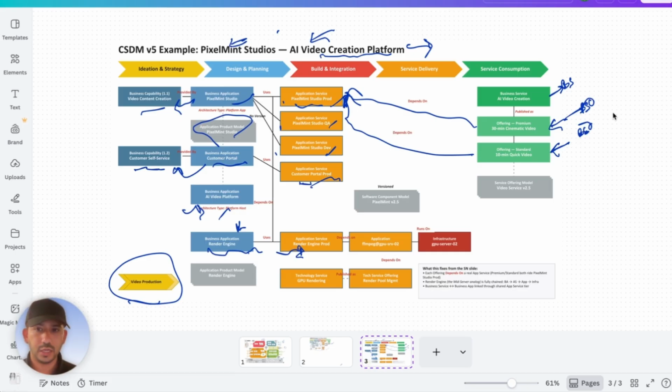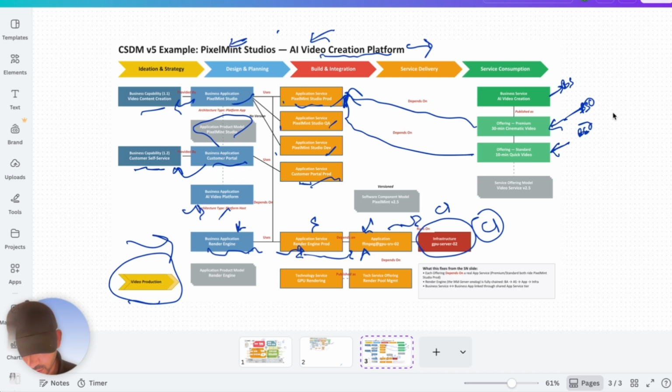So render engine is the one which is really creating the video, and that depends upon the application which is called FFmpeg GPU, and which runs on the infrastructure, this CI GPU infrastructure. Okay, so this is related to the business application render. So now you see we have application service, a CI, and how this application is finally, so this render engine business application is actually finally creating a business AI video, which is the offering of this